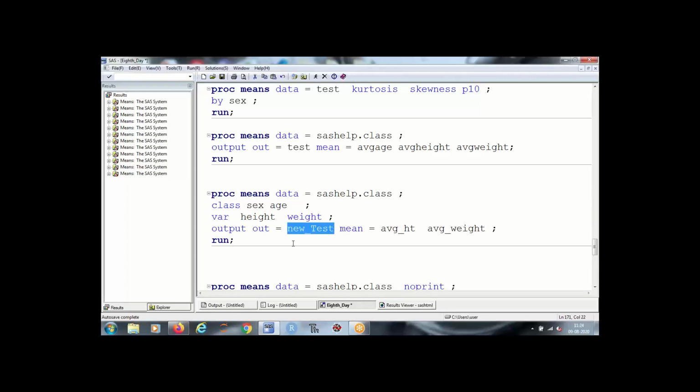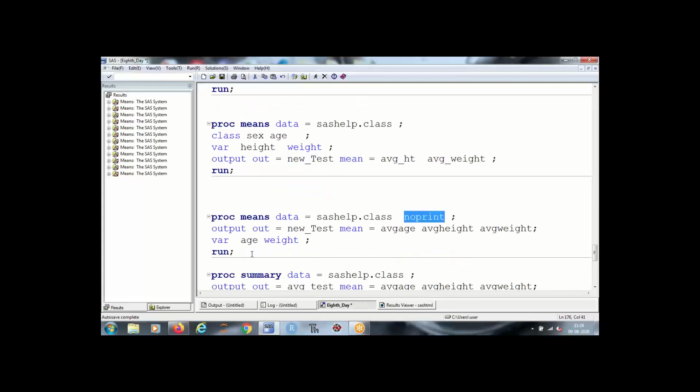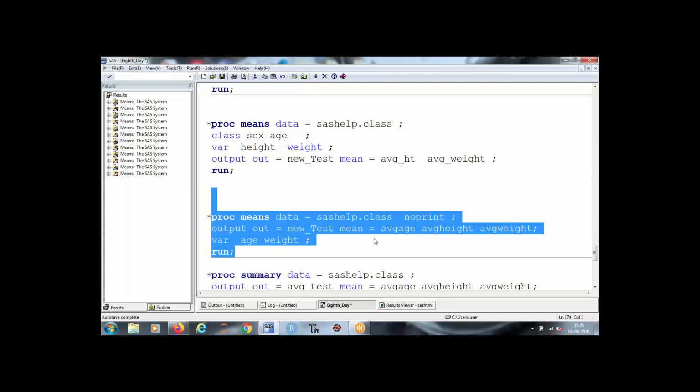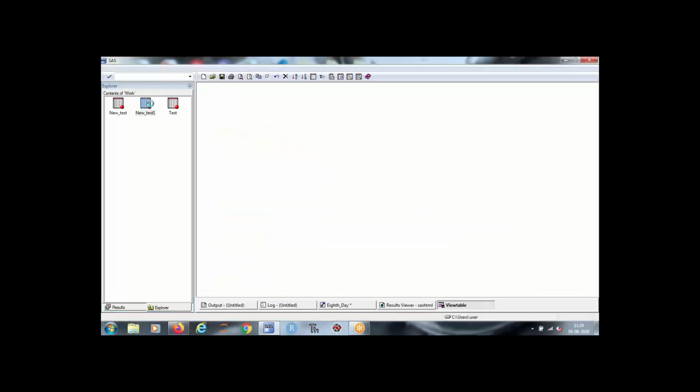ठीक है, चलेंगे. So I can do the same stuff जो ऊपर किया है वही, and when I write noprint, which means इसका output नहीं आएगा और आपका data create हो जाएगा, right. Noprint means noprint, that's it. Do you see that I got new test one?